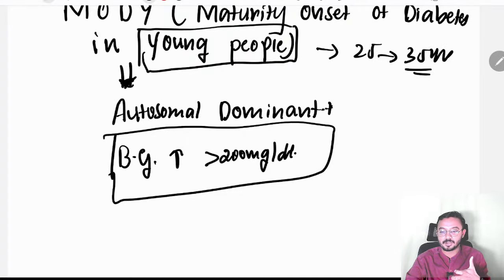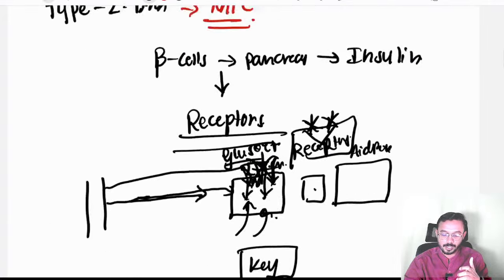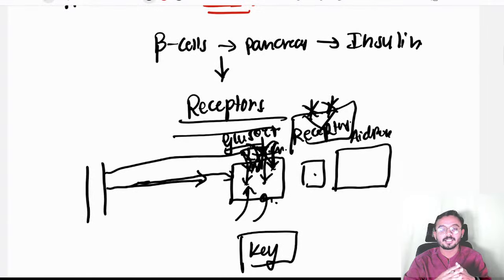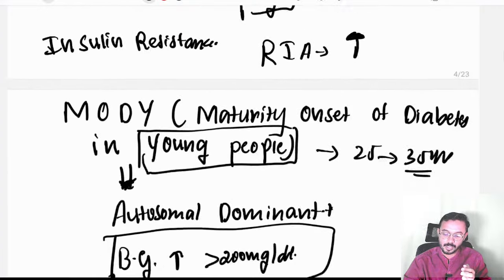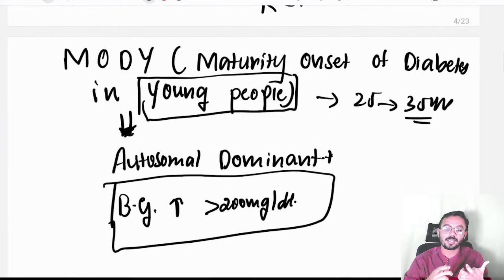And this is about the types of diabetes mellitus. Let me give you a glance. Type 1 is pediatric onset, where autoimmune antibodies destroy your beta cells, so insulin is not produced at all. That is type 1, and type 1.5. Next, in type 2 diabetes mellitus, your receptors are not functioning properly, so I can give oral hypoglycemic agents, because insulin is absolutely fine here. And MODY, we know, is maturity onset diabetes in young people.